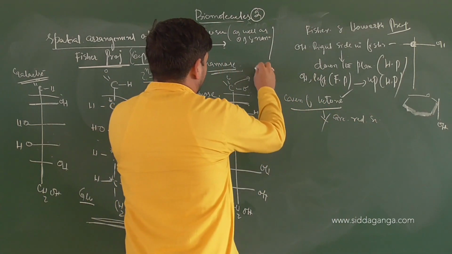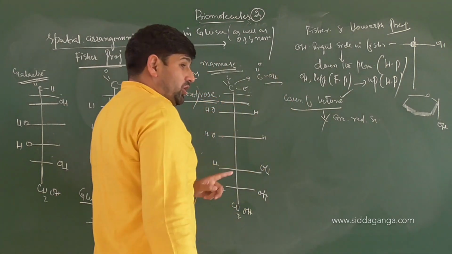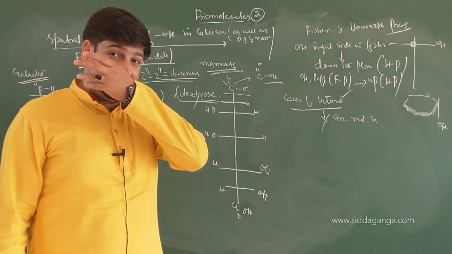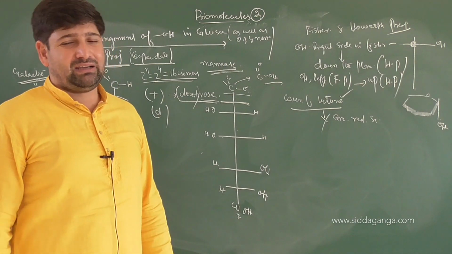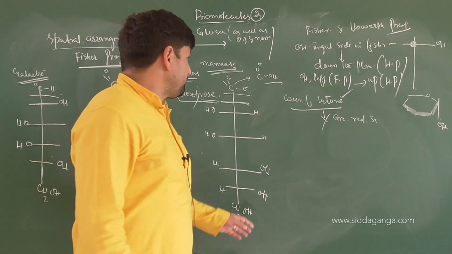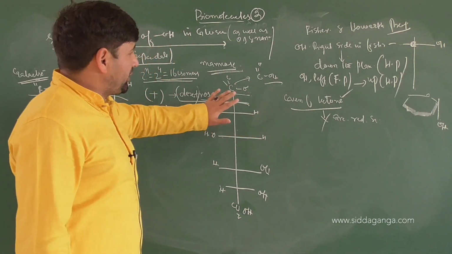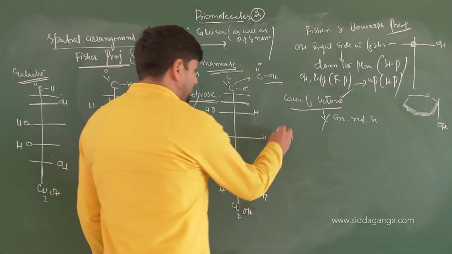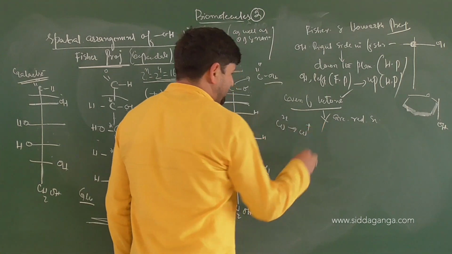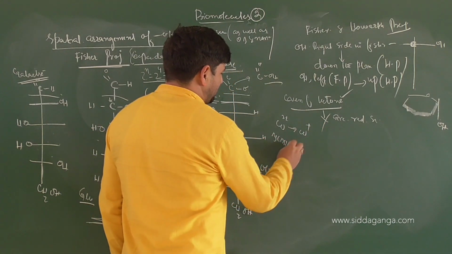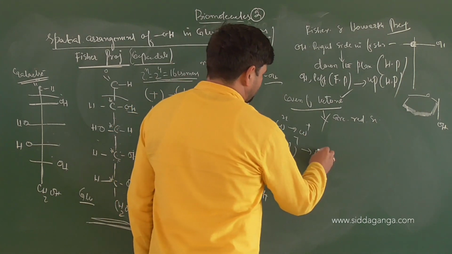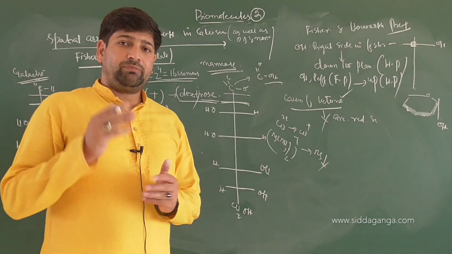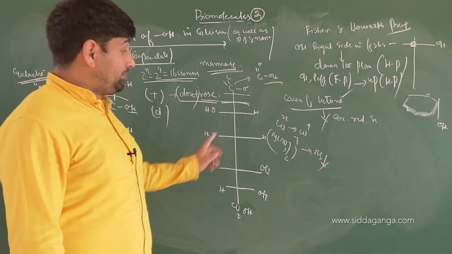Aldehyde carbon is free, it can be converted to C double bond O, OH. Strong oxidizing agents and weak oxidizing agents will bring two different types of reactions. One will produce the salt of the carboxylate ion and one will produce carboxylic acid. Am I clear here? Right. Now in this case, they will be able to reduce Fehling's solution or Benedict's solution and color changes will come into play. Cu2+ in Benedict's solution converts to Cu+, so color change comes into play. In the ammoniacal silver test, Ag(NH3)2+ converts to Ag and it is found in the form of precipitate. You will find silver depositing on the inside of the test tube during the positive test.